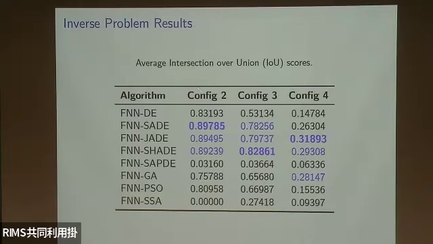Just to show how it works, these are the average intersection over union values, to show which one has the best performance. We have to look here. The closest value to 1 is the better. So here, all the variants of the DE, say JADE, SHADE, did quite well, especially SHADE, as you can see. For all the configurations, it was able to perform well. So for the rest of the presentation, I'm going to focus more on SHADE.